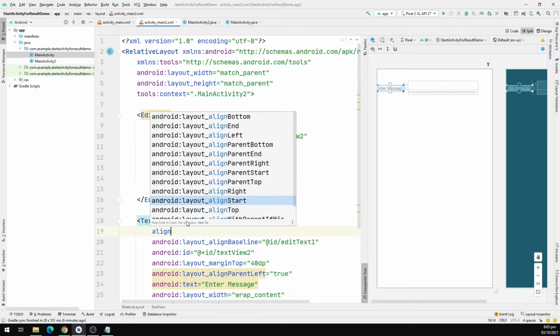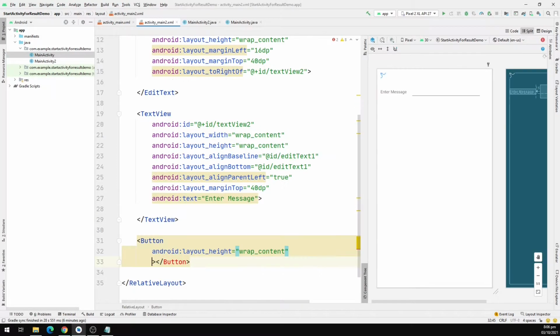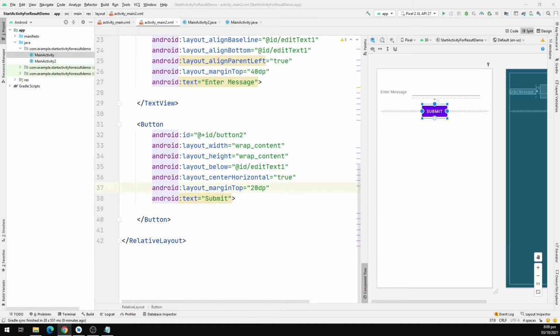to edit text 1. Okay, so we're going to format the code using Control Alt and L, and here we can see we have edit text and the text view right here. So let's give it a margin of, for instance, 12 density pixels. Okay. And now the final thing is we're going to define a button. Wrap content. Okay, so with our layouts defined, now we are going to write the code that invokes another activity